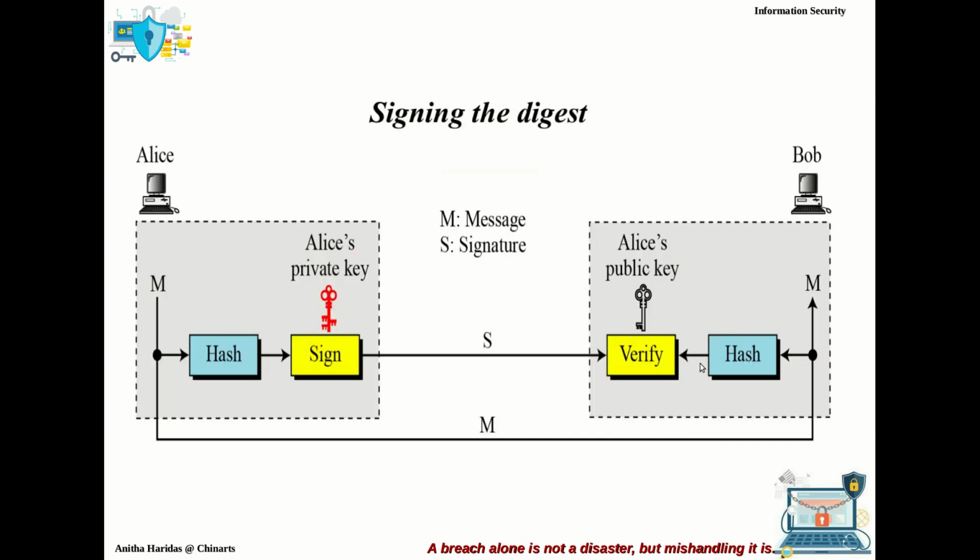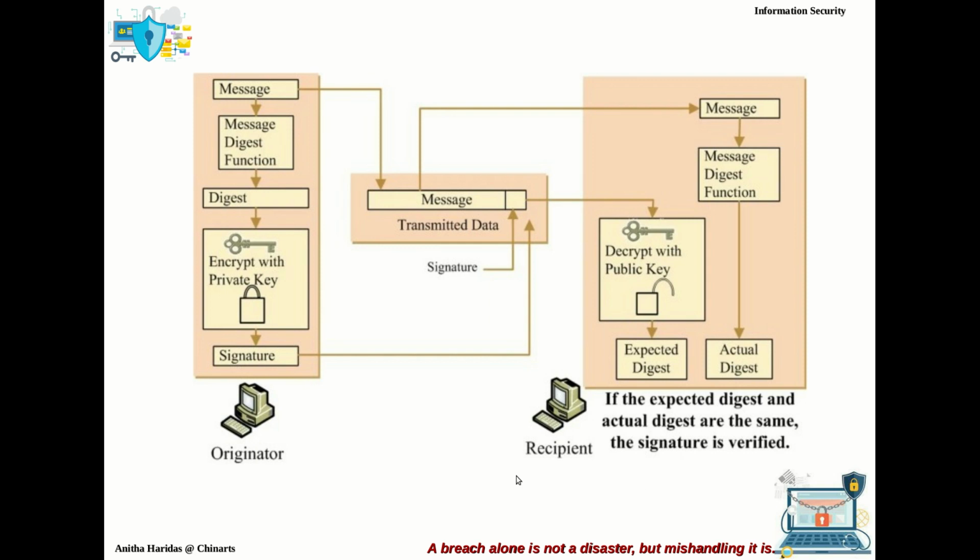So this is how the signature is verified here. So that is what is depicted in this diagram also. The message will be given to the hashing algorithm, which will generate the message digest, and the signature given to the verification algorithm will also generate the message digest. Both message digests will be compared here. Right? I repeat, the original message from the sender will be given to the cryptographic hash function, which will generate a message digest, and this message digest will be given to the encryption algorithm, which is your signing algorithm, along with the private key that generates the signature.